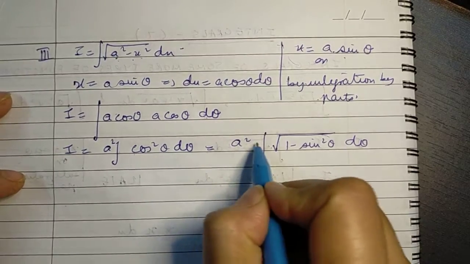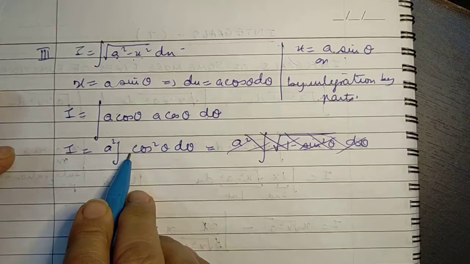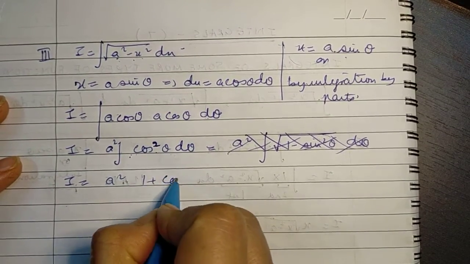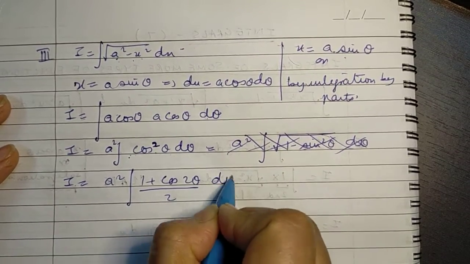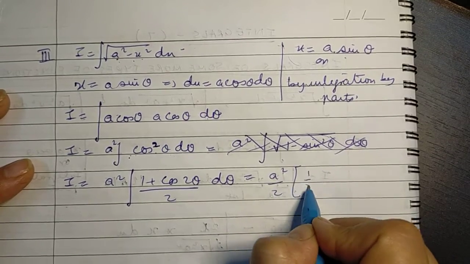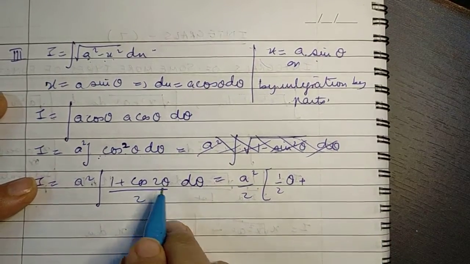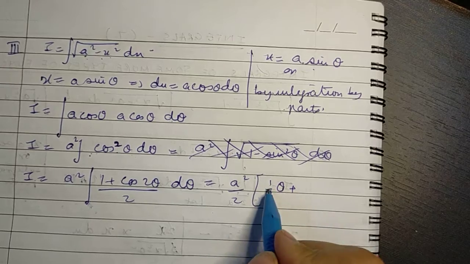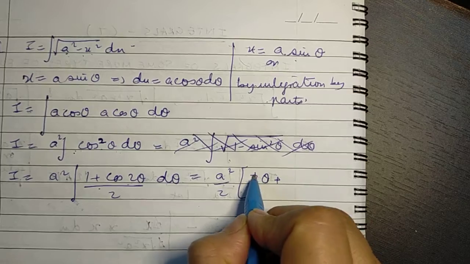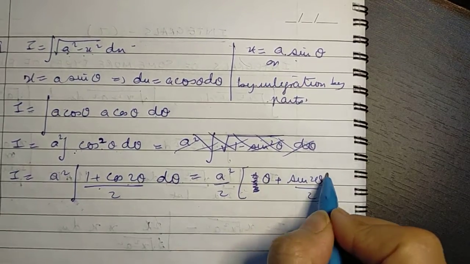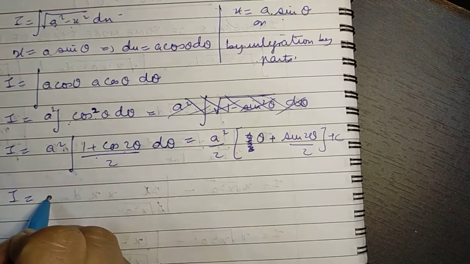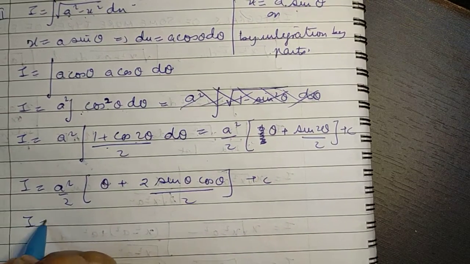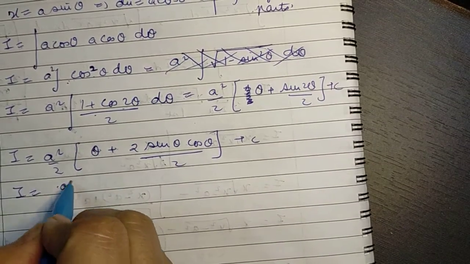Before doing the integral we will first write the integral of this, and this will be a squared 1 plus cos 2 theta upon 2 into d theta, whose integral is a squared by 2, and integral comes out to be theta, plus integral of cos 2 theta, which will be equal to sine 2 theta upon 2 plus a constant, and this I can write as a squared by 2 theta plus 2 sine theta cos theta whole upon 2 plus a constant, and I comes out to be this a squared, this 2 and 2 get cancelled.